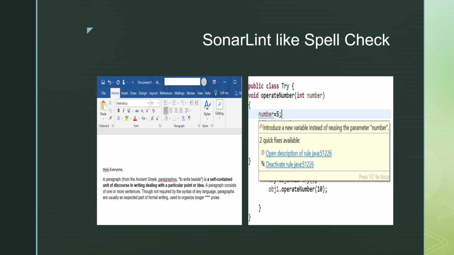But SonarLint is basically used to find out the bugs that might be there in your program at the time of execution. At runtime, you might face those issues. So those issues are told by SonarLint even without executing your program. Before execution of your program, because you are getting issues, that's why it is called a static code analyzer.